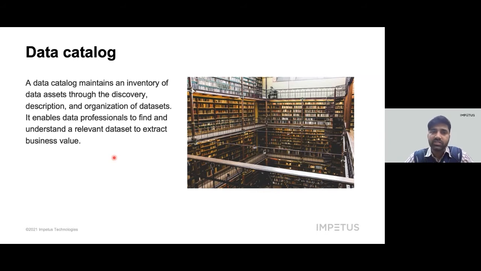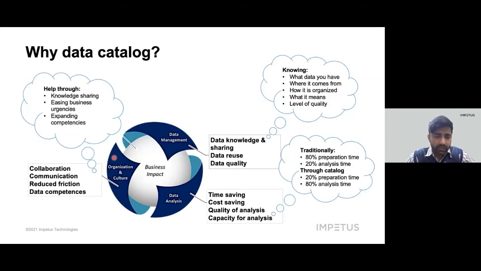Similarly, a catalog is a system that gives you a first-hand entry to seek the information you want to look for. You can preview it, you can understand what else is around the data, how it is linked to that data, what its lineage is, what its structure is, where it has come from, and of course its synergy and relationship with the other data sets. That's a data catalog.